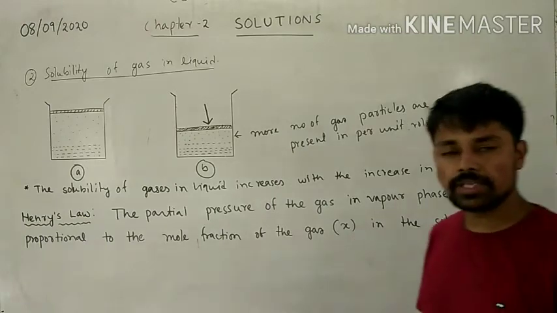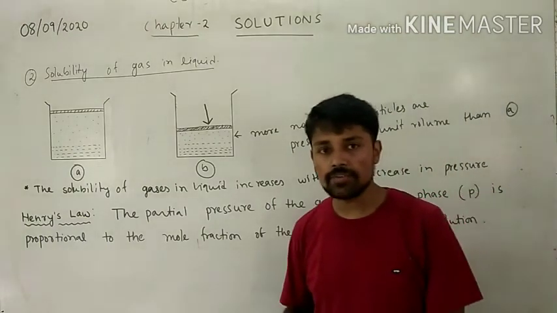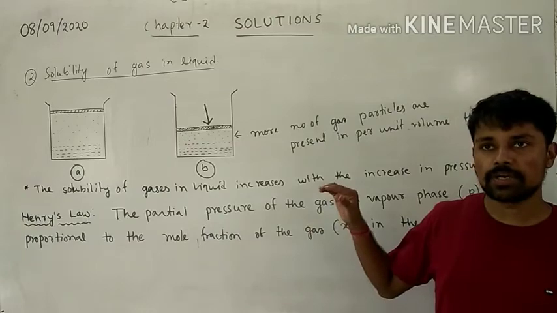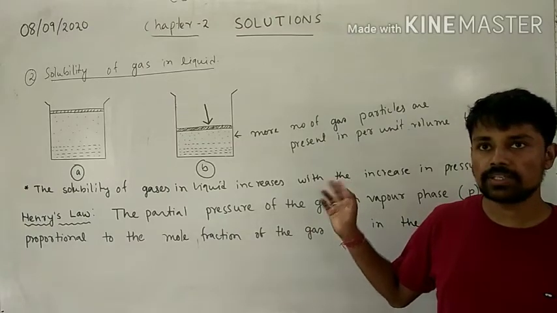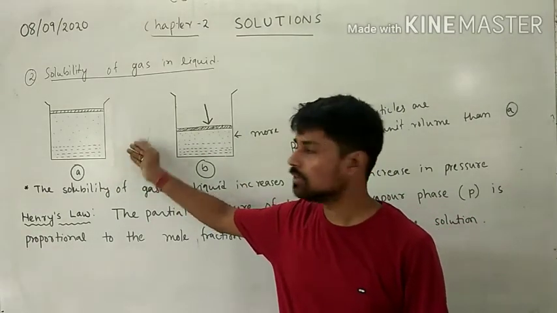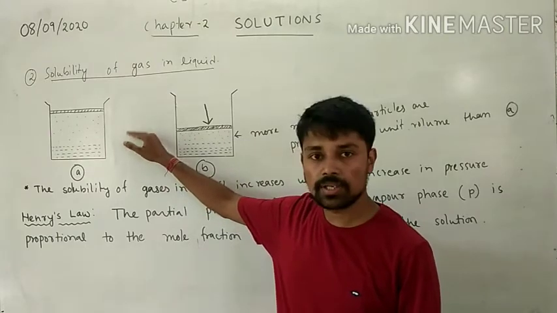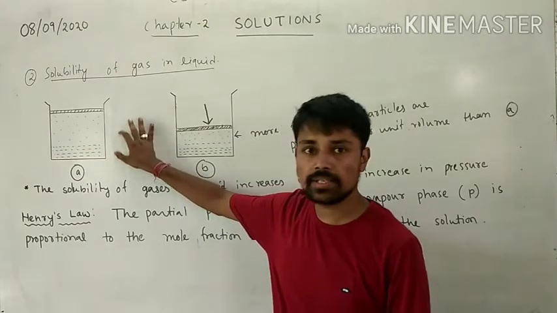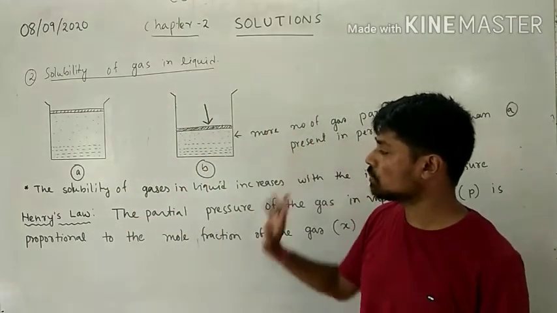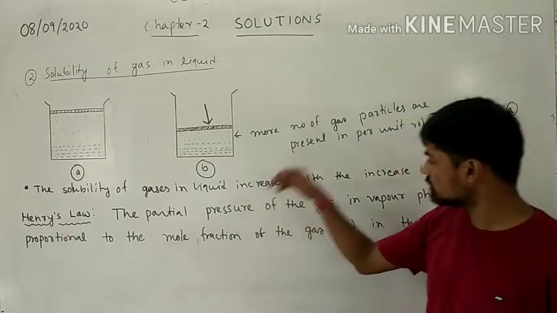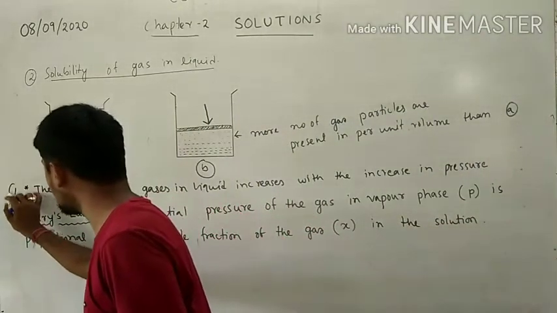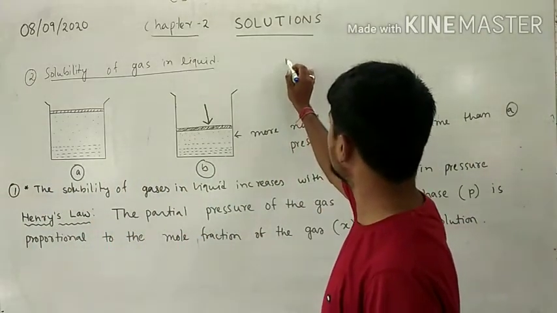And what happens if we increase the temperature? See, if we boil water, what happens? Water transfers to the vapor phase. So similarly, in this case, the gas present in the liquid will escape from the liquid due to the increase in temperature. So in this case, if pressure increases, solubility increases. And point number 2 we can write,